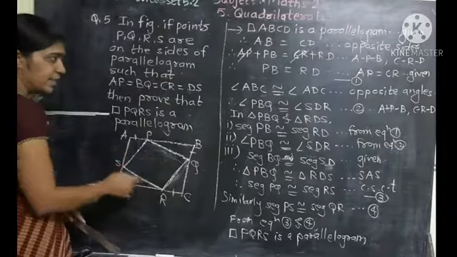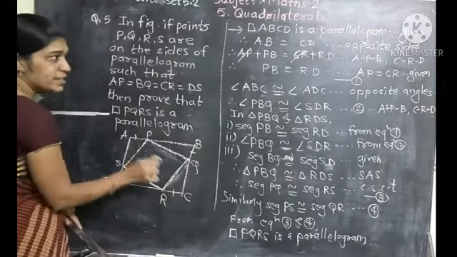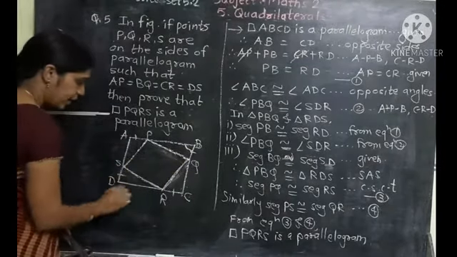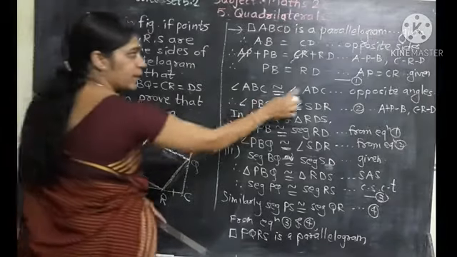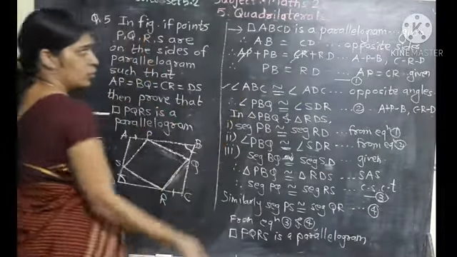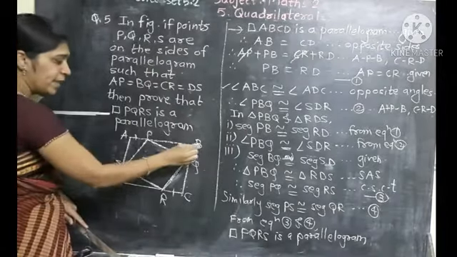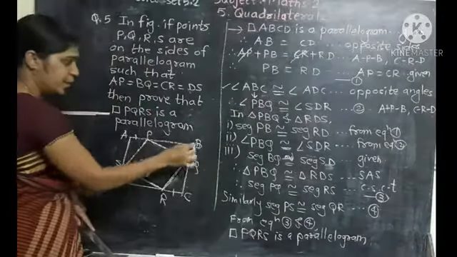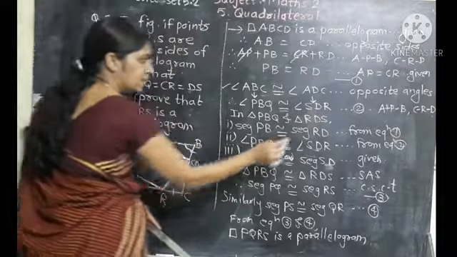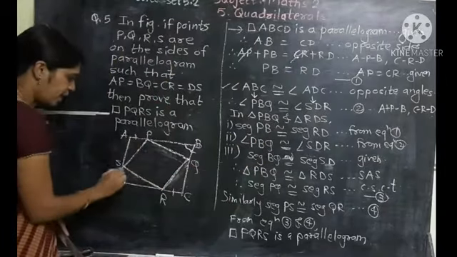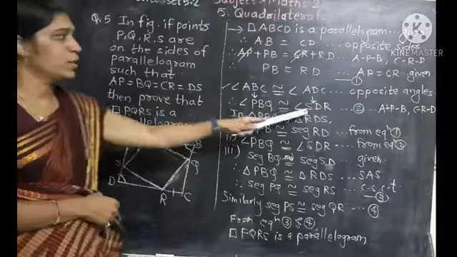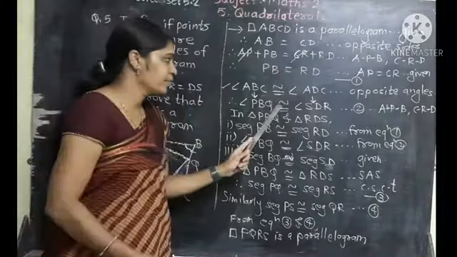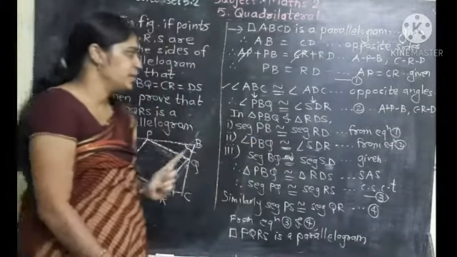Also, ABCD is a parallelogram. Therefore, opposite angles are congruent. Angle ABC is congruent to angle ADC. Okay, opposite angles of a parallelogram are congruent. Now we write ABC as PBQ, and we write ADC as SDR, because P is between points A and B and R is between points C and D. Okay, call this equation number 2.